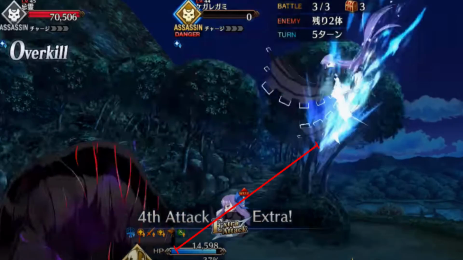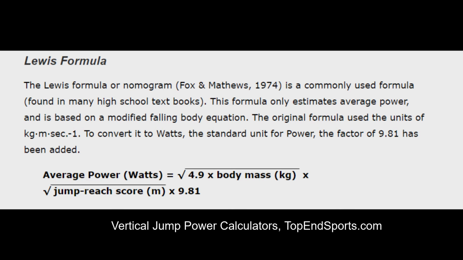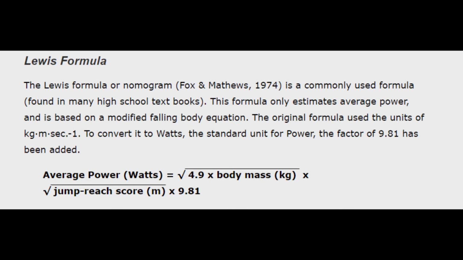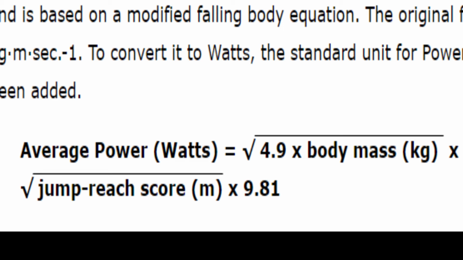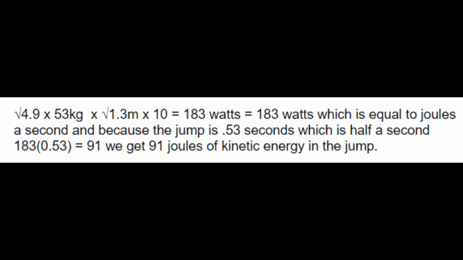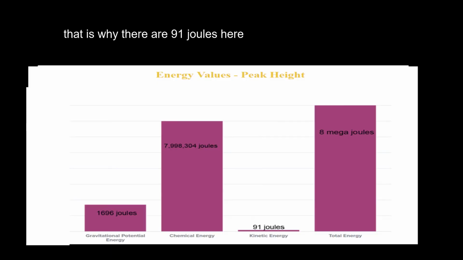I wasn't sure if I needed to calculate it, but I did it anyways, so I calculated the amount of kinetic energy she used to jump to that height. Using the Lewis formula, I was able to get an average jump power. Average power in watts equals root 4.9 times the body mass by root jump score in meters by gravity. Since watts are equal to joules a second, we have 183 joules a second. And since the jump is 0.53 seconds, we can cut that in half and get 91 joules of kinetic energy